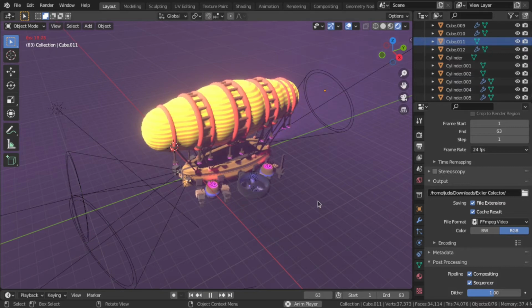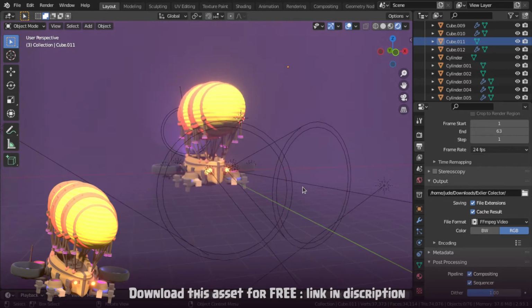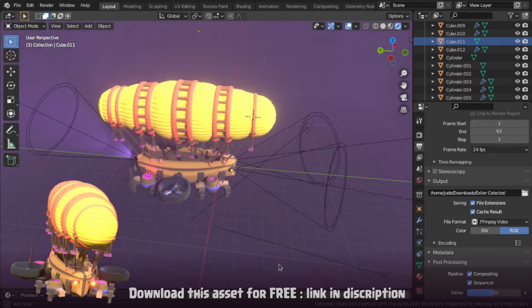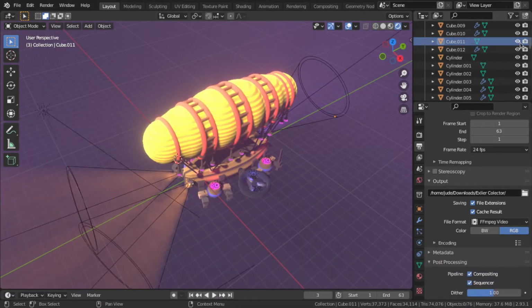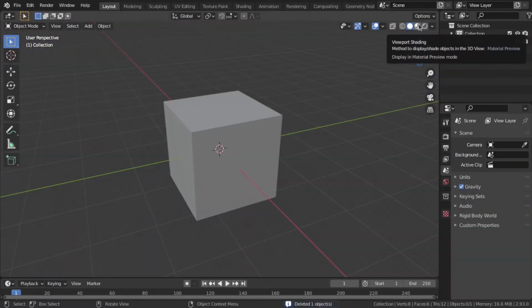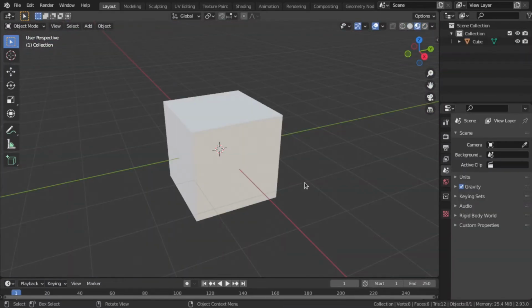In this video, I will show you the easiest way to add materials to your objects in Blender. There are plenty of options available for you, but I picked the easiest 4 methods plus a bonus method to add materials. First, select material preview for viewport shading so you can easily keep track of different materials when applied